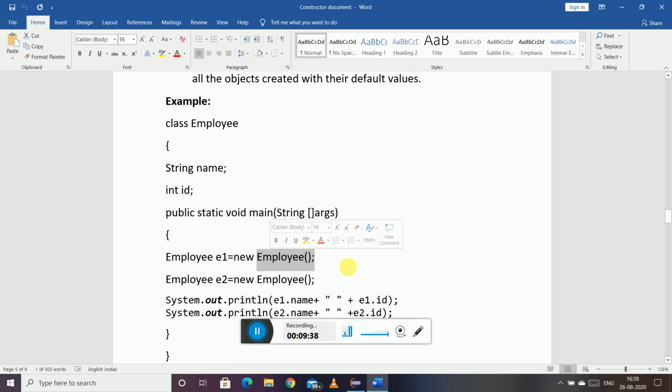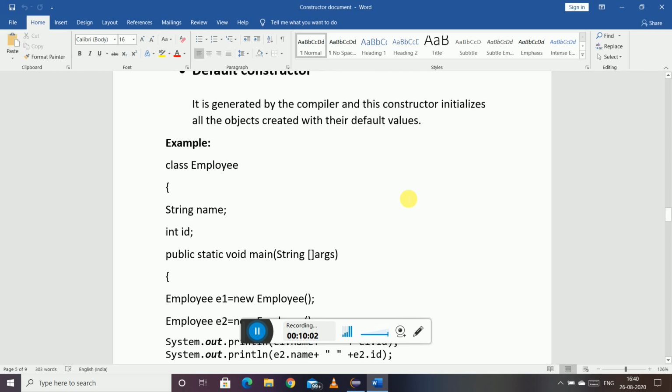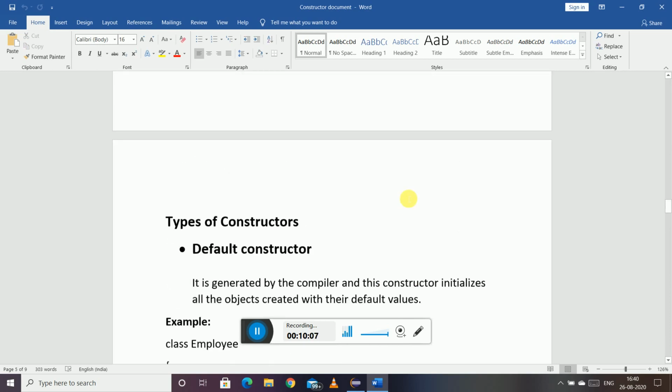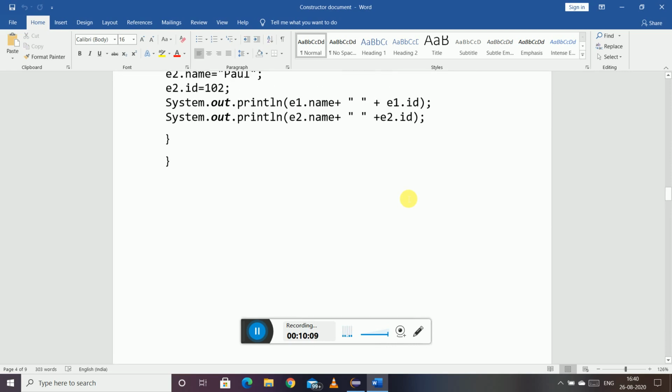If you are not initializing the variables yourself, then when we write this object creation line, the compiler is going to generate the default constructor, and it is going to initialize these two variables with their default values. But that is not considered a good practice, as I have already told you.